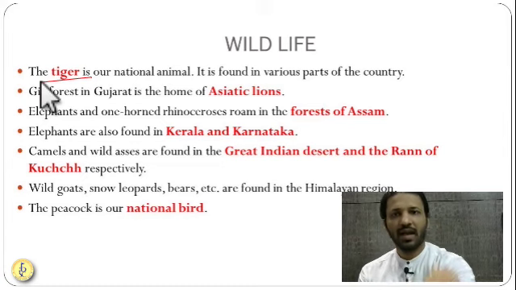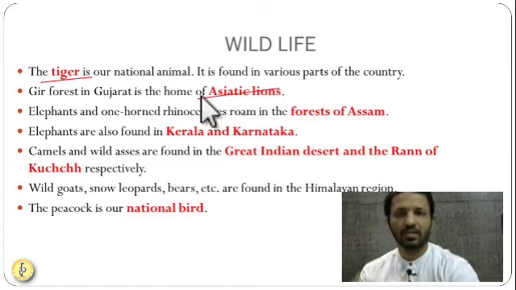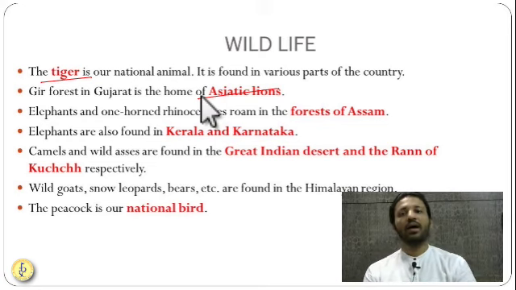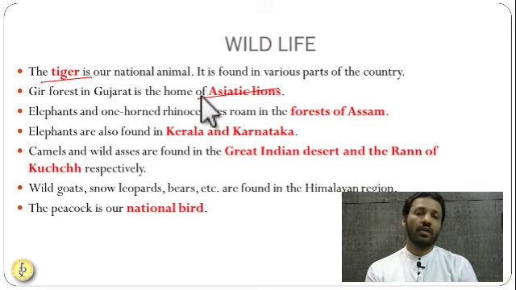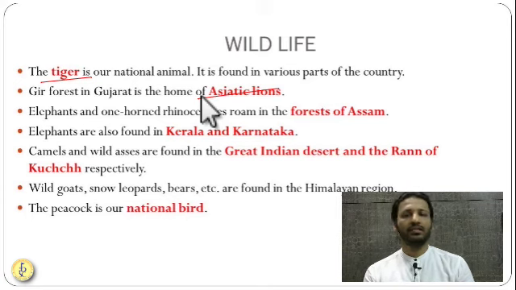Asiatic lions are found in the Gir forest in Gujarat. One-horned rhinoceros and elephants are found in Assam and many states in the northeast. Then in the southern states, starting from Tamil Nadu, Kerala, Karnataka, and a little bit of Maharashtra, we find these elephants.